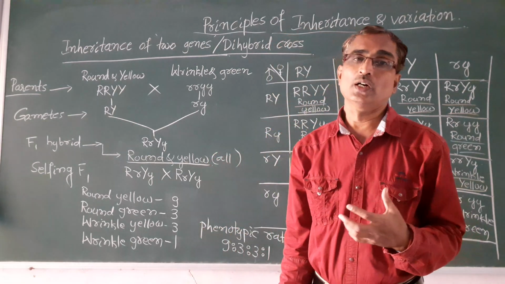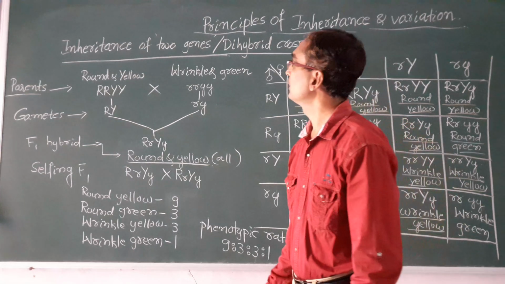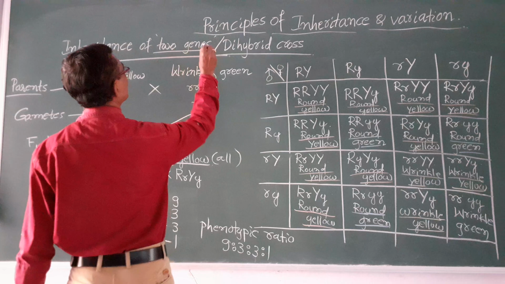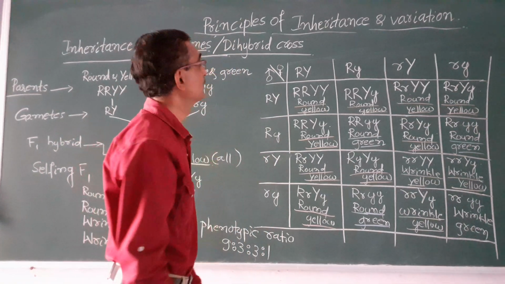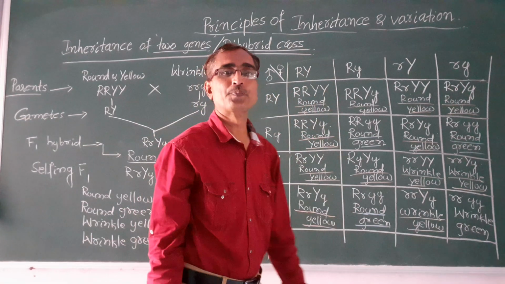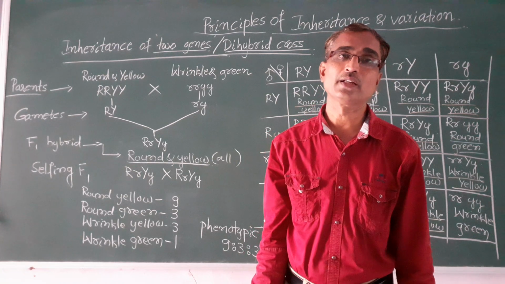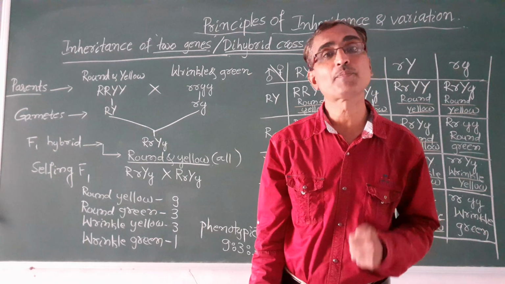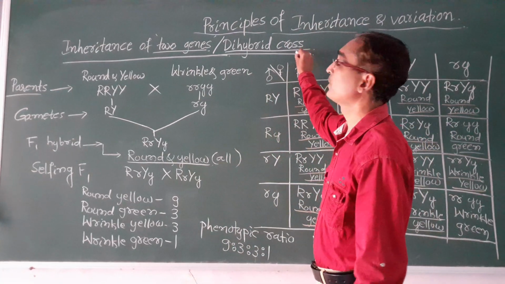So today we will discuss the inheritance of two genes. Inheritance of two genes is also known as a dihybrid cross. We have already discussed the monohybrid cross, where one character is taken, that is the height of the plant. And here, in case of this dihybrid cross